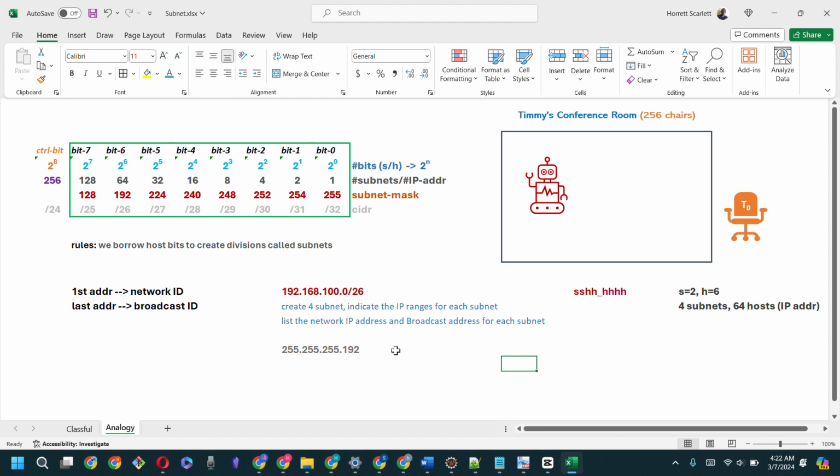and therefore when we add those 2 bits to the natural Class C CIDR range of 24, we end up with a new CIDR range of 26. Let's now quickly compute the IP address range and figure out where it starts, where it ends. So what we know is that the first IP address is going to begin at,